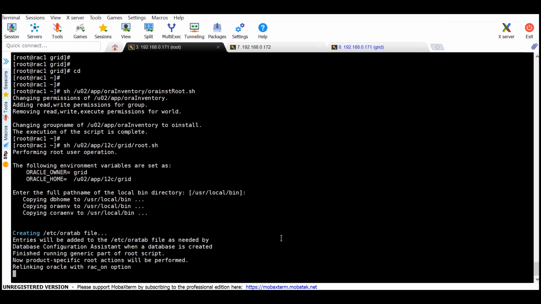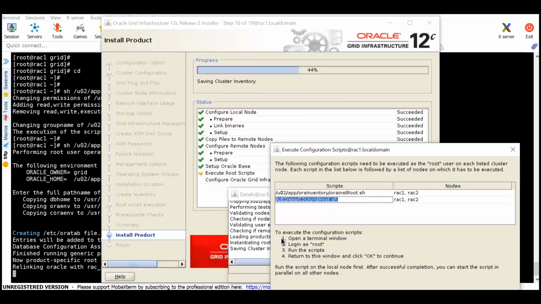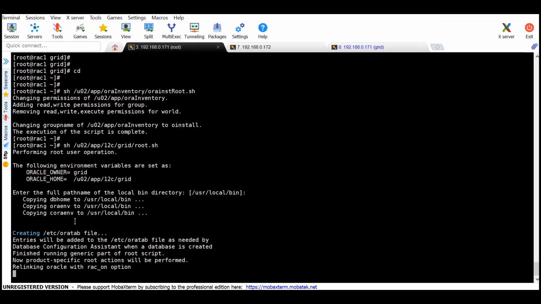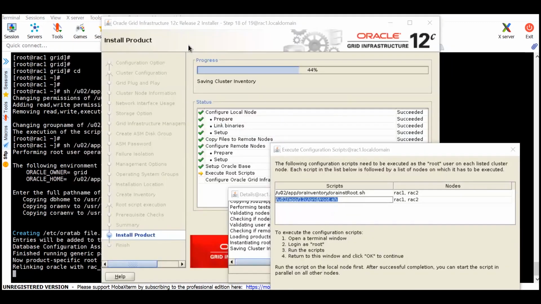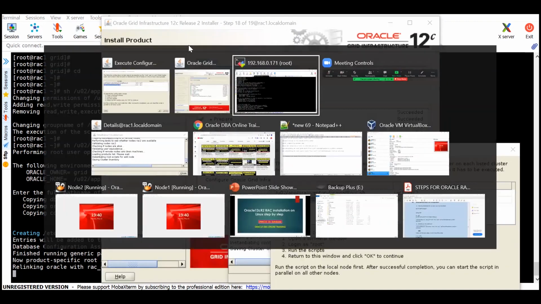From there it will be configuring and starting the newly installed grid infrastructure on my local node. So this is my node 1 RAC1, and I executed this root.sh file, and it is performing some